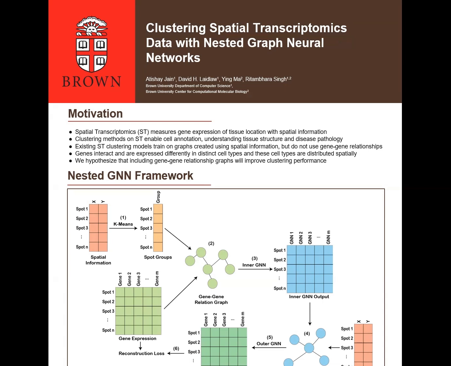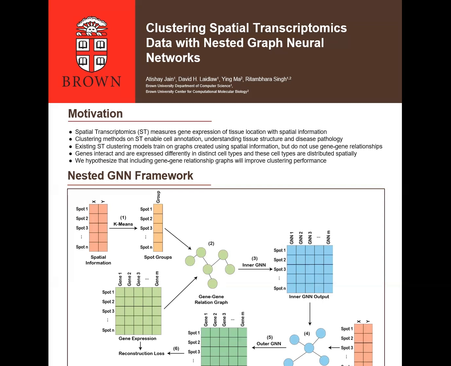Let us start with what spatial transcriptomics is. Spatial transcriptomics is a technology that allows us to measure gene expression of tissue locations or spots alongside the spatial information within the tissue. Clustering spatial transcriptomics data allows us to annotate cells and better understand tissue structures and disease